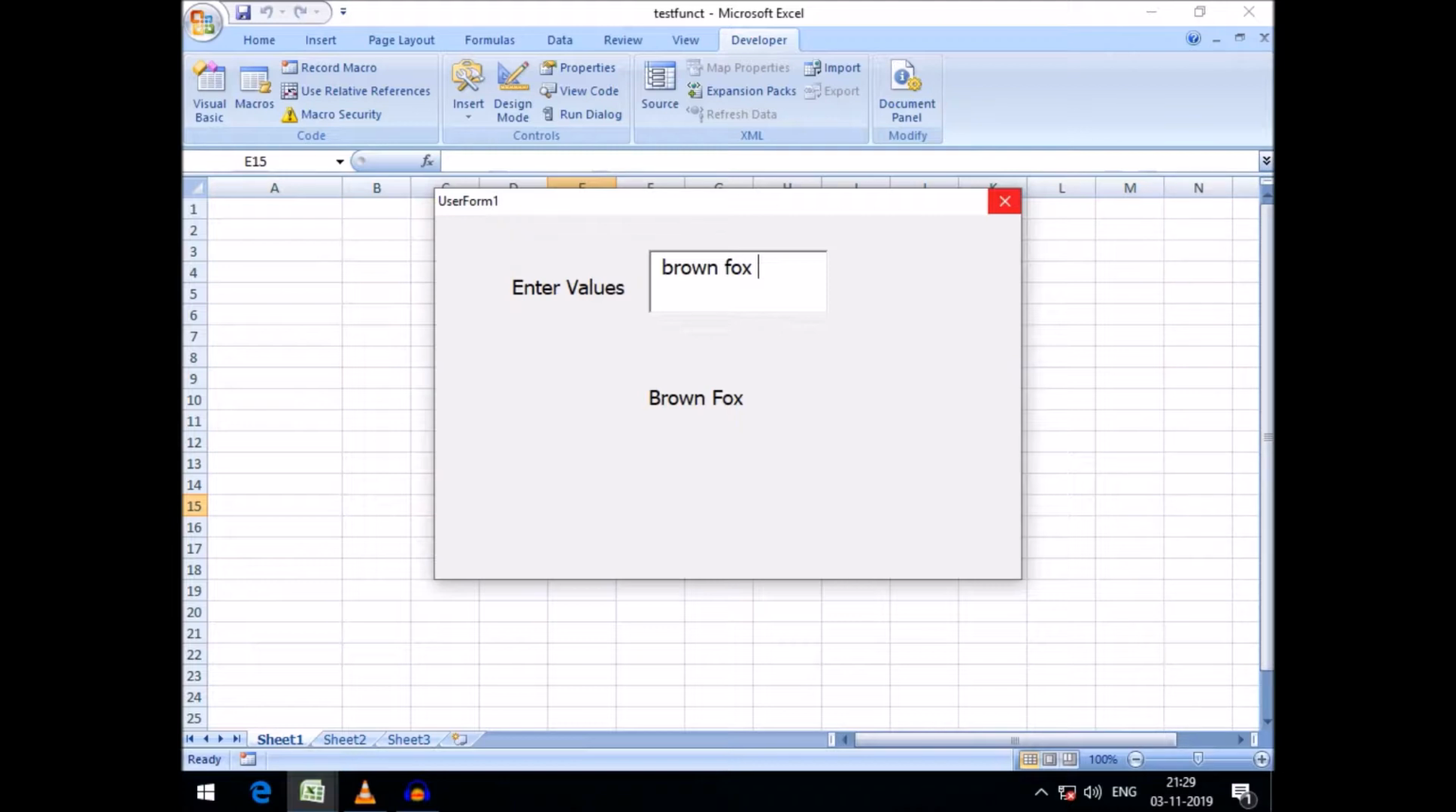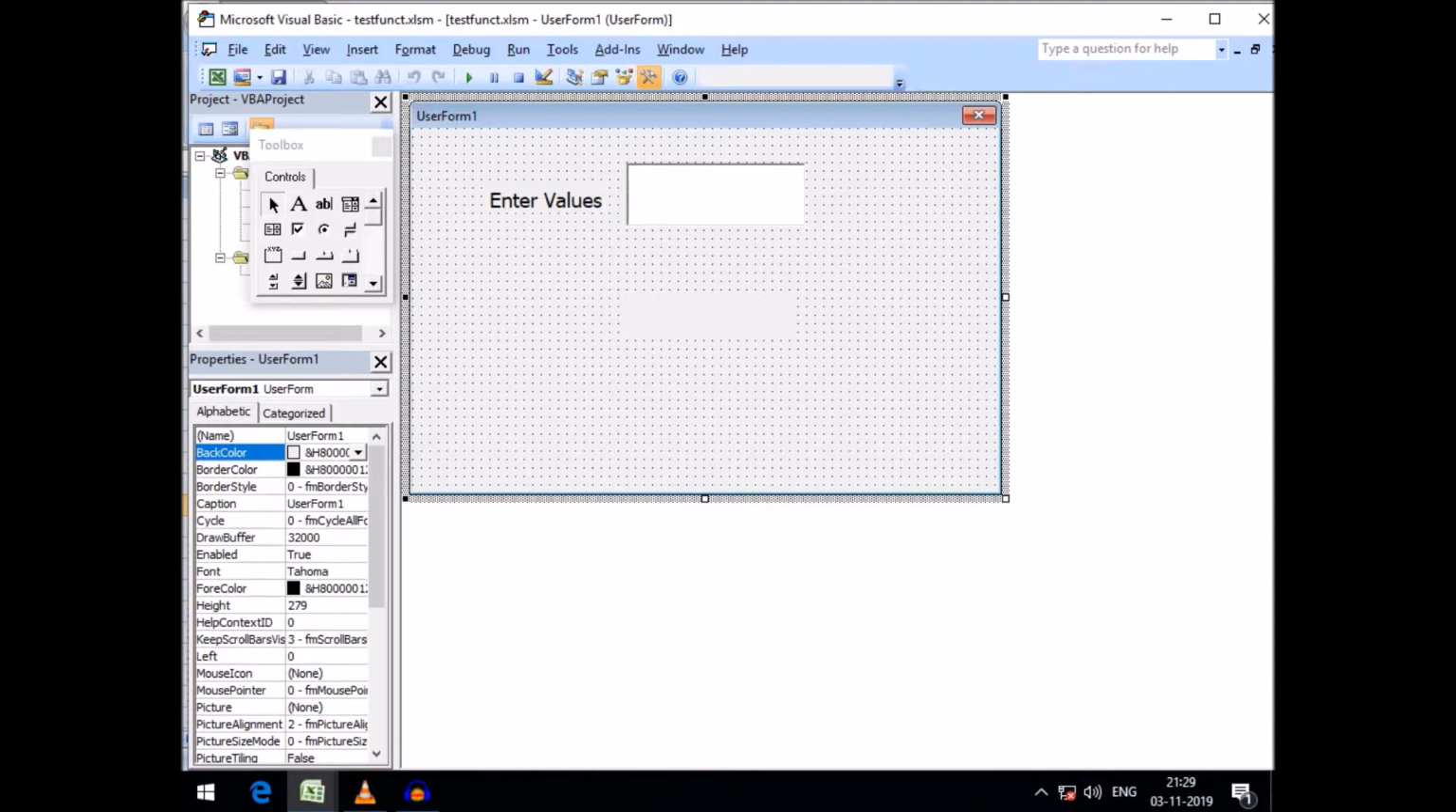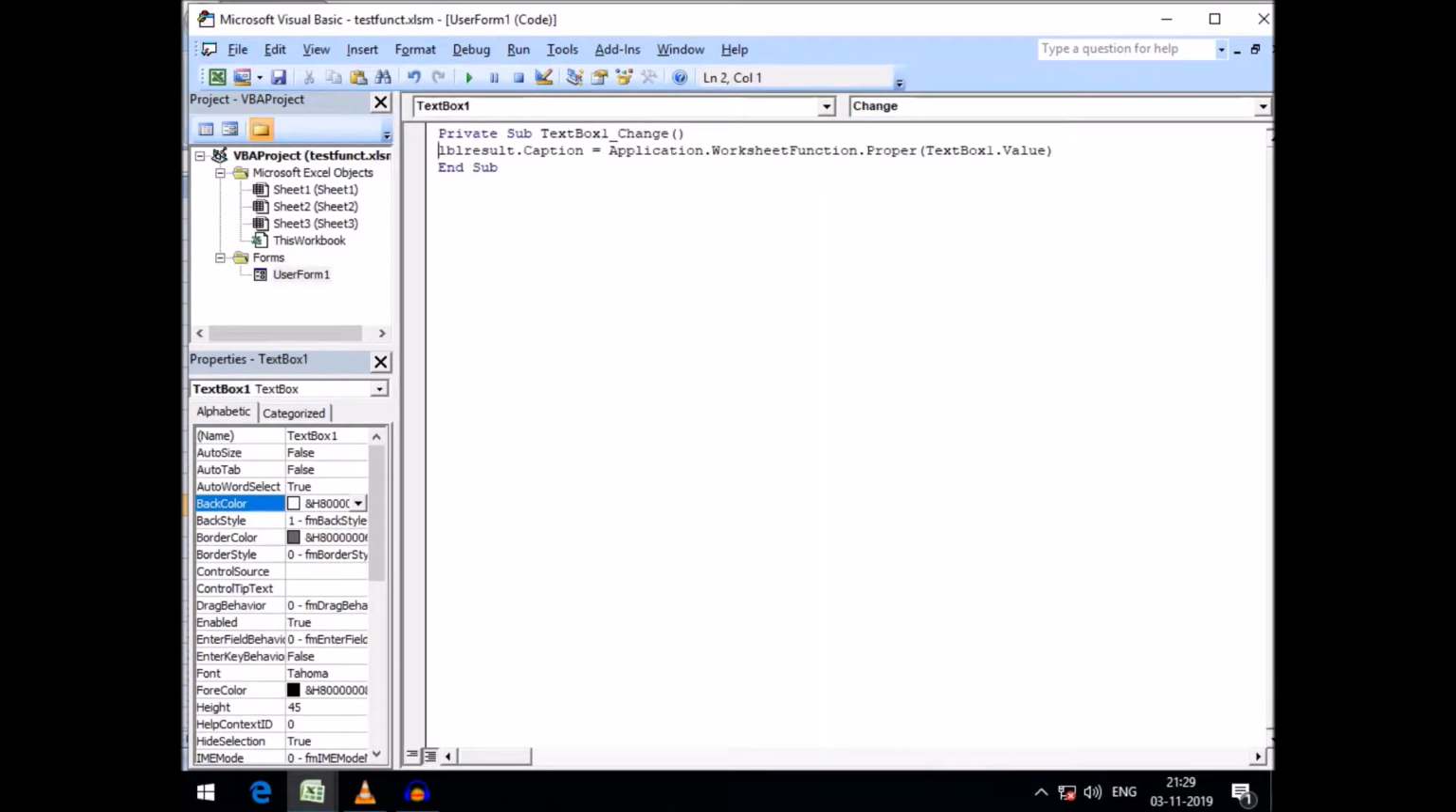Friends, we can also use the Concat function, actually the Concatenate function, like this. If we want to concatenate anything, then we need to write our function code here and say Application.WorksheetFunction. Before this, if we want the name